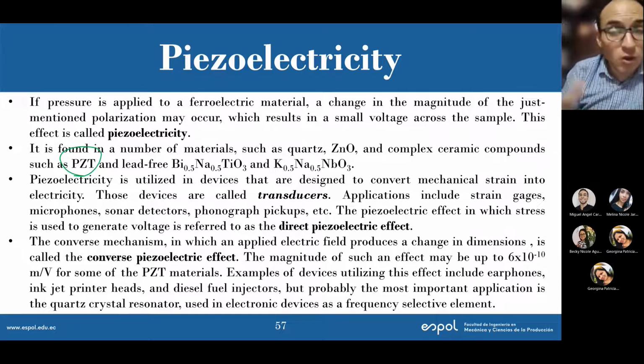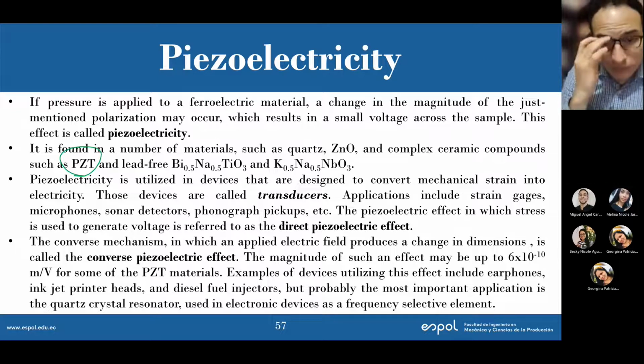Piezoelectricity is basically utilized in all those devices that are designed to convert mechanical strain into electricity, right? Because I'm applying pressure and I'm generating a small voltage. Therefore, all those devices are transducers, like microphones, sonar detectors, phonograph pickups, and all that. That is the direct piezoelectric effect. I can also have, as you can remember from ceramics, the converse piezoelectric effect, when I apply an electric field and that electric field is producing a change in dimensions,